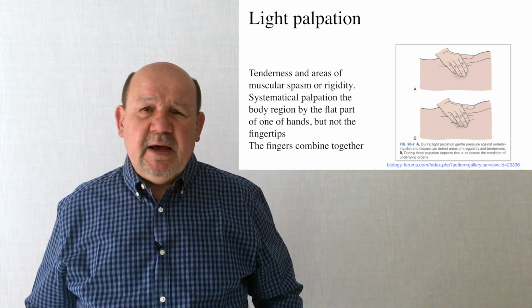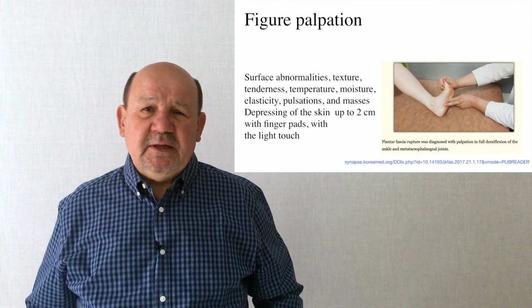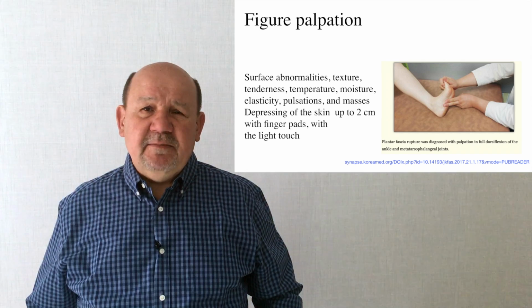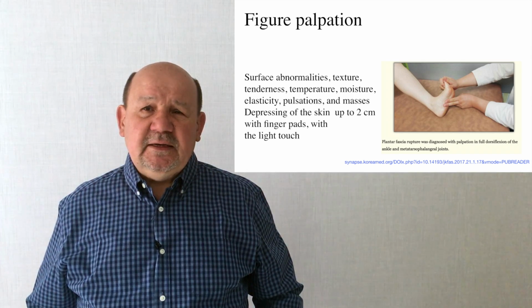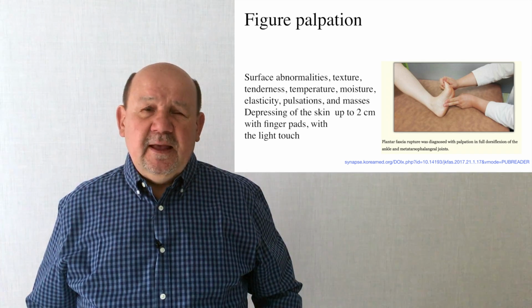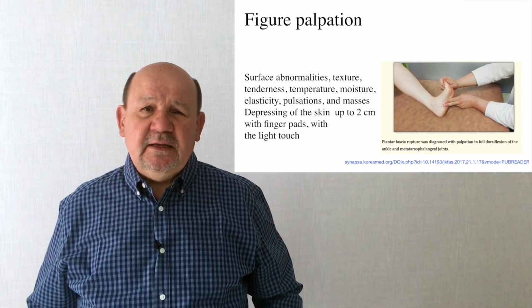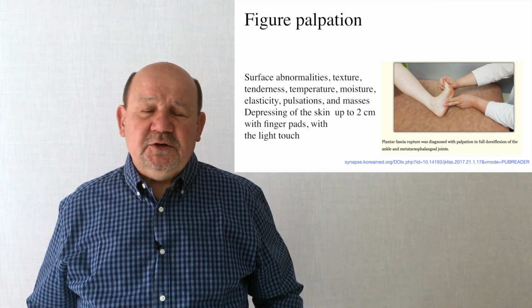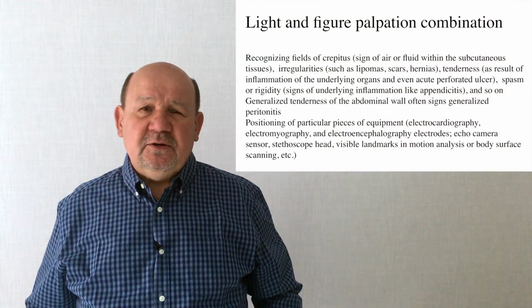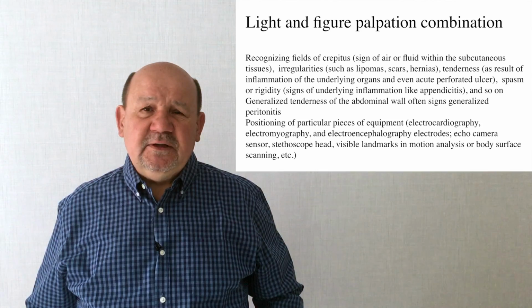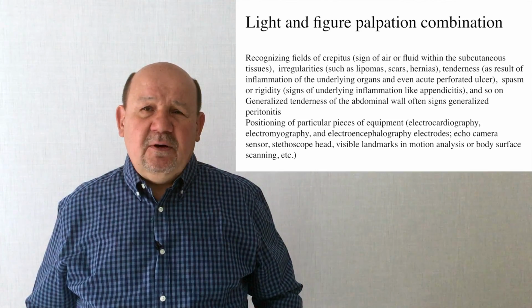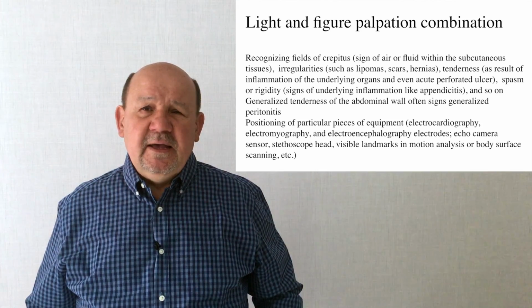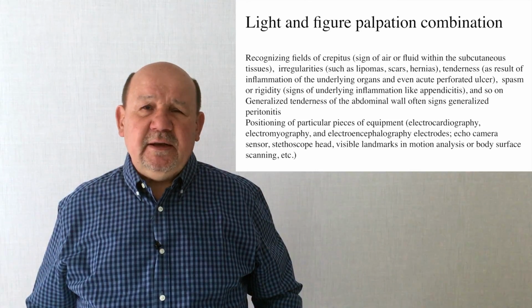The fingers are held together. Superficial palpation lets one feel for surface abnormalities, texture, tenderness, temperature, moisture, elasticity, pulsations, and masses. The examiner depresses the skin up to 2 cm with finger pads using a light touch. Light and superficial palpation let one recognize areas of crepitus, a sign of air or fluid within the subcutaneous tissues, irregularities such